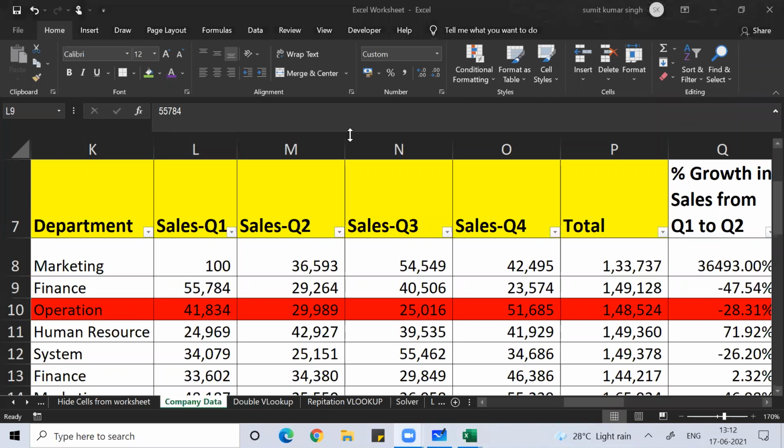Because I don't want to do any calculation or any work in the source. That is the first thing your team leader will teach you when you work in an MNC: never disturb the source data file. Don't make any changes in the source data file. You copy the data from there, put it in some dummy file, do all the required work in that file, get the output and send the mail.